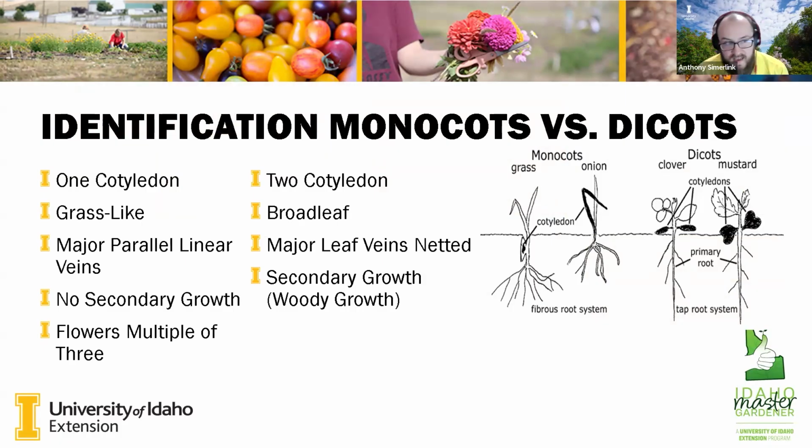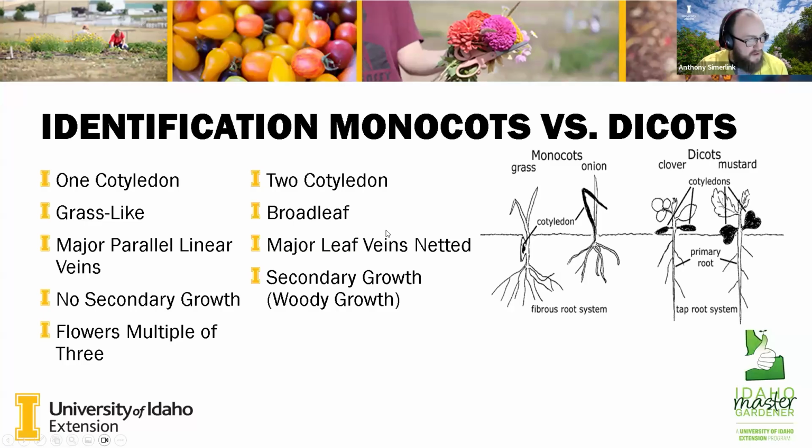So when we're talking about weeds, it's important that we identify what is a monocot versus a dicot. A monocot has a grass-like appearance. If you grab the leaves, it'll have these parallel linear veins on them. Here we have a grass or onion. You can see that they have those linear veins, just like your grass would. They have those fibrous roots, and they don't generally have any secondary growth. As far as for weed control, that's not anything that we really need to worry about, but it's just an